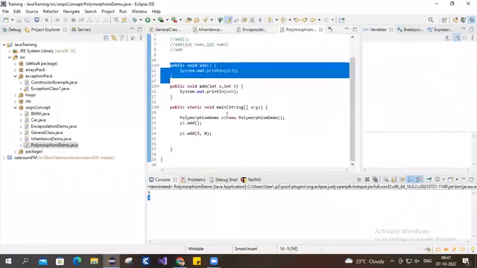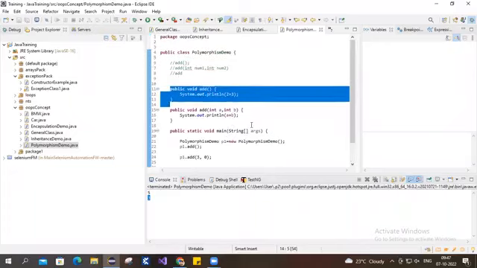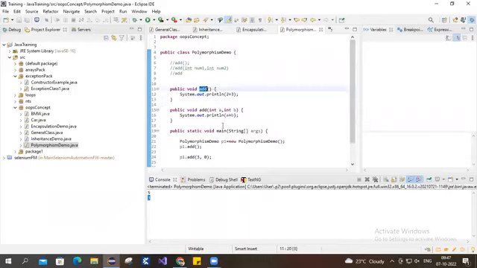So this is now polymorphism. I would say we have the same method but different parameters. And how do we achieve this? First, there are static polymorphism and dynamic polymorphism. We have that, and